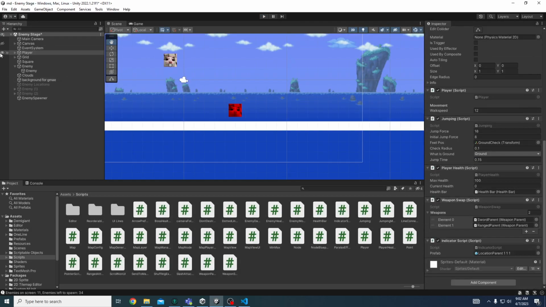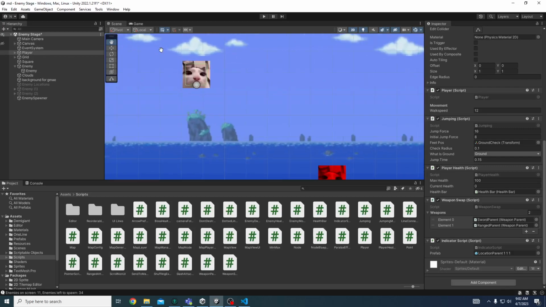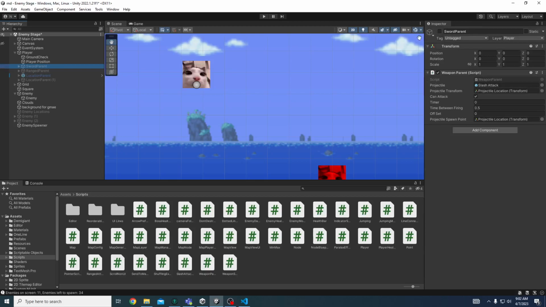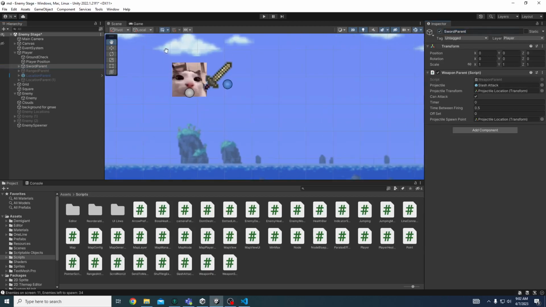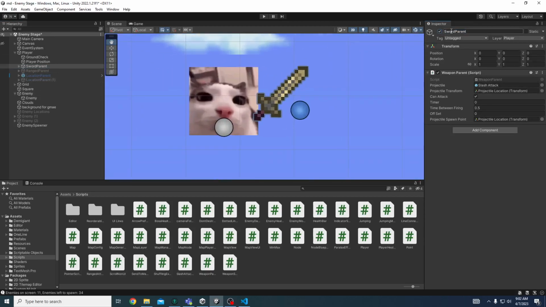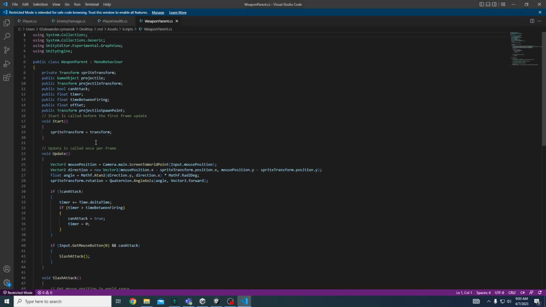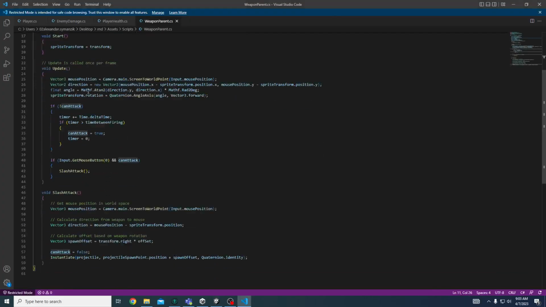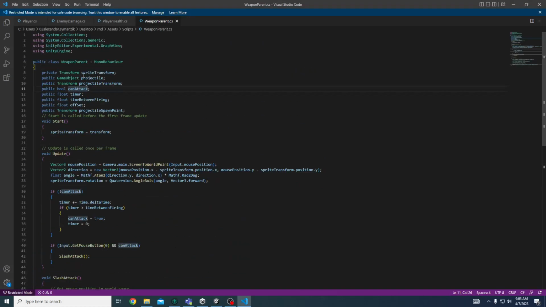And now we can go into weapons. As you can see on the player, I have two parents, this sword parent and this range parent. If I enable it, you can just see it's a sword and a bow. Both of them use this weapon parent script that I have, which basically is where all the attack and firing is. So it figures out